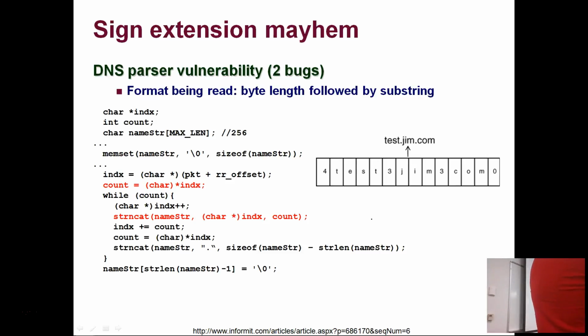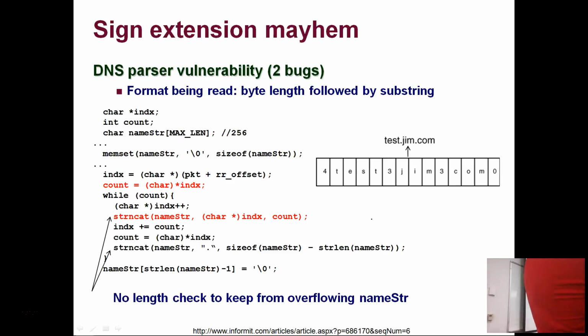All right? So the first thing you should note is that this buffer is 256 bytes. And if you look anywhere in this code, do we check whether max length is getting blown up? No. So error number 1 is that there's no length check anywhere for this name string. So you could completely blow this up with a name that's more than 256, and there's nothing in this code that checks. The other one is the casting one. If you look at this, count is an integer, but because we know that these are bytes, we're saying that